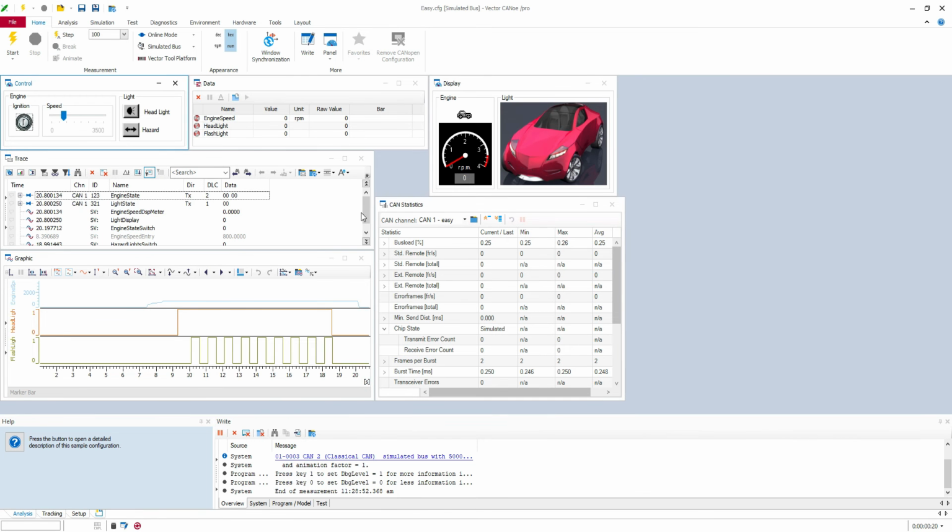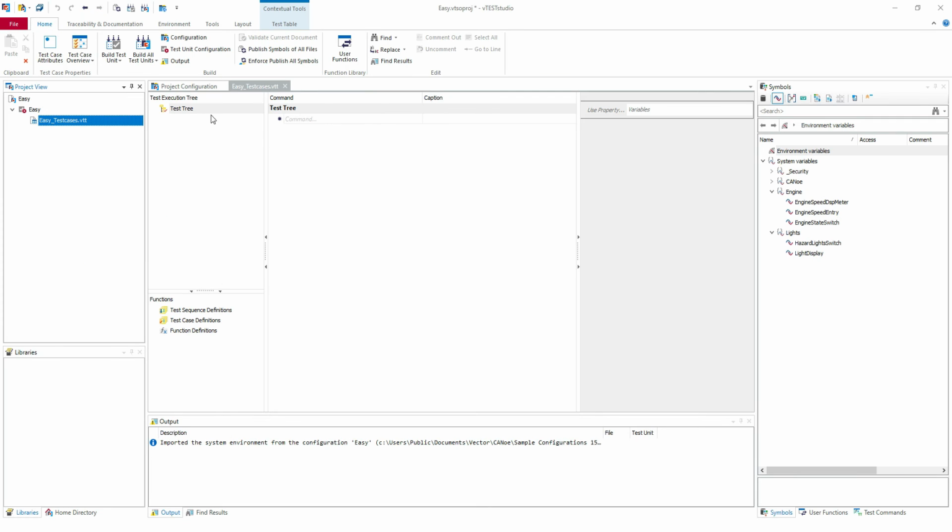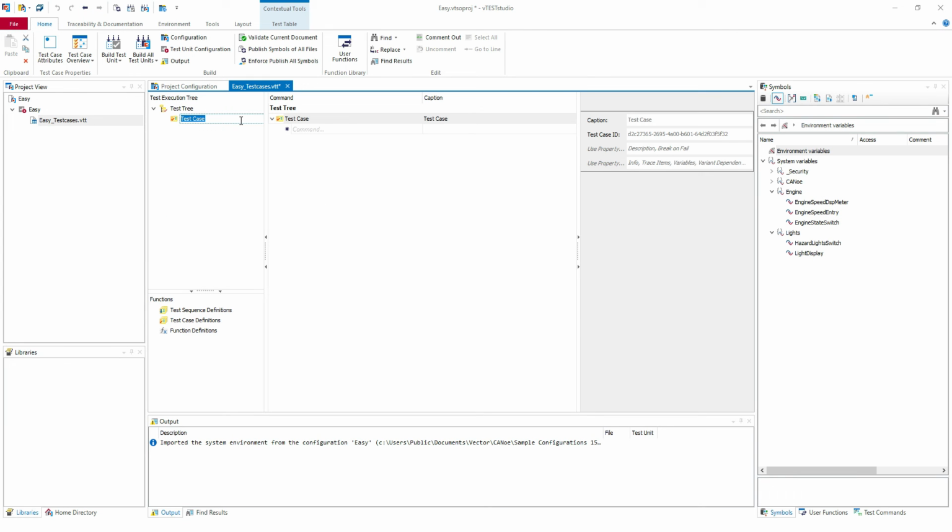I don't know, let's try to turn on the ignition. So engine state switch and turn on the ignition and the headlight test. Let's say the first test case, and test case headlight